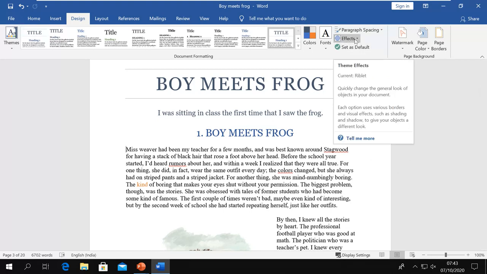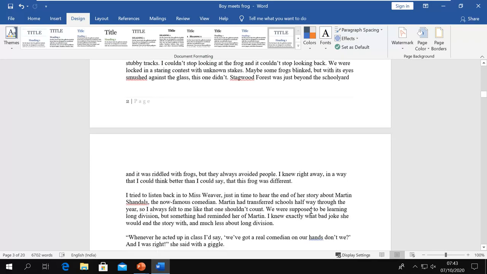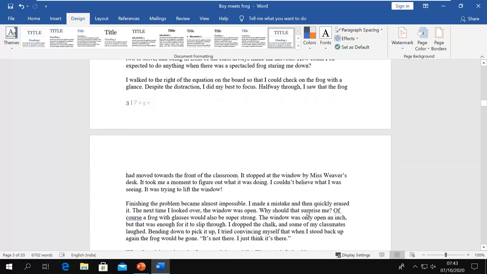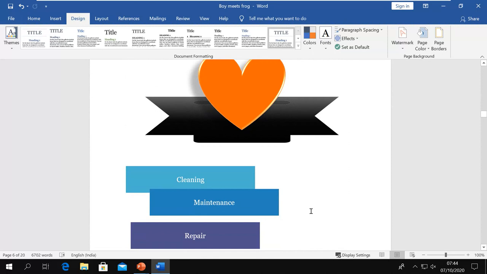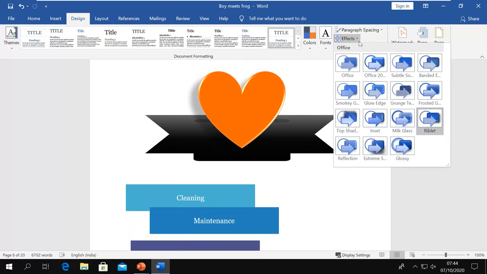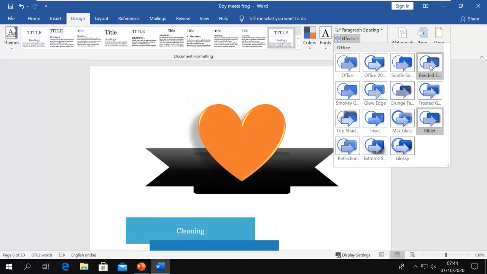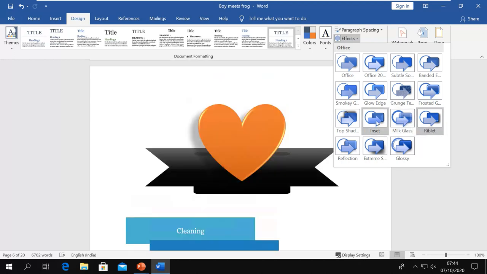this command gives you theme effects related to shapes. So if you have any shapes in your document, it will give you some predefined preset theme effects. If you see, default is this, and you can see our shapes are changing. Milk glass.